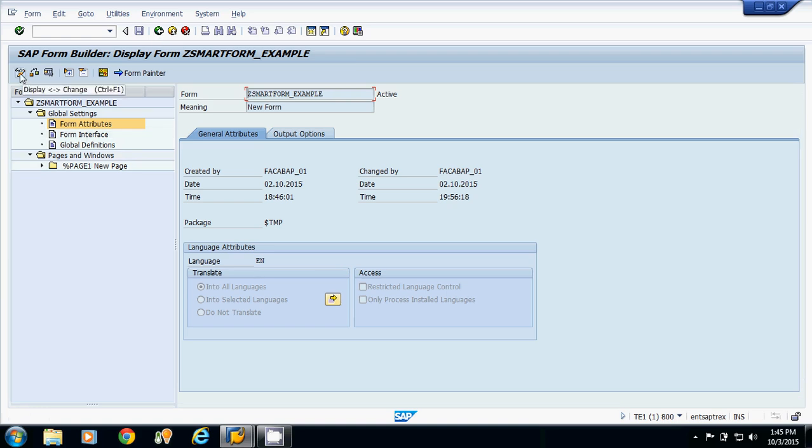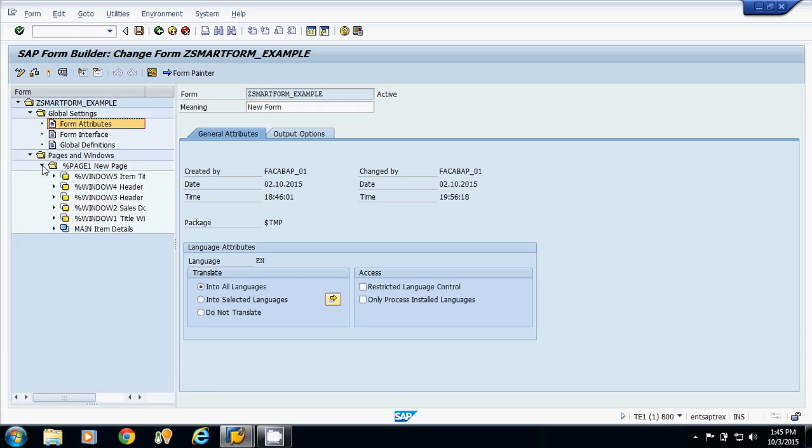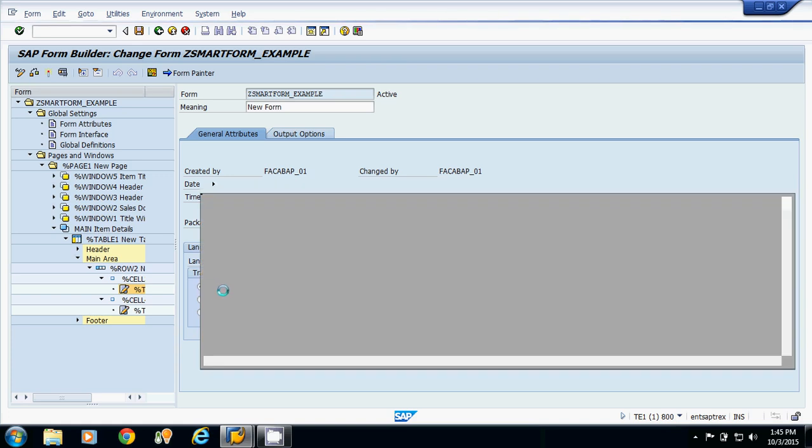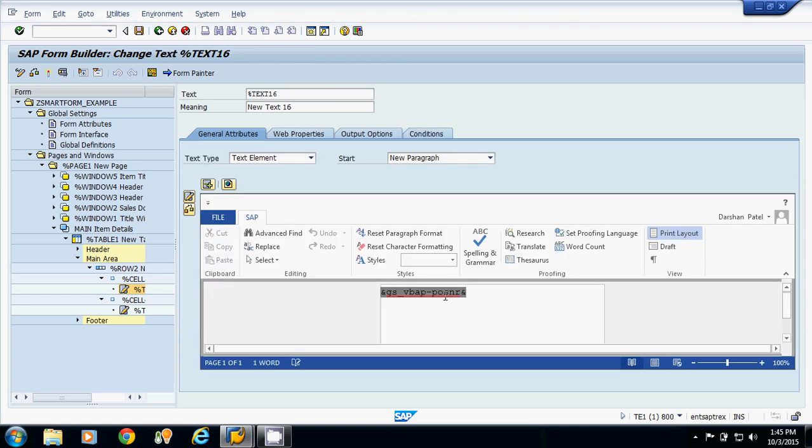So I am going for change mode of the smart form. I am going for the last window in which we are displaying the amount. The amount I am displaying in this cell. If I am going, this is item number.